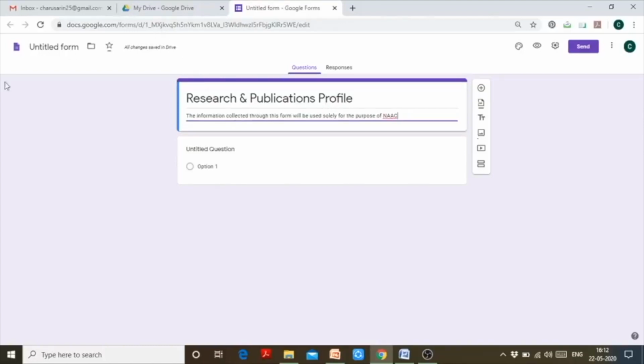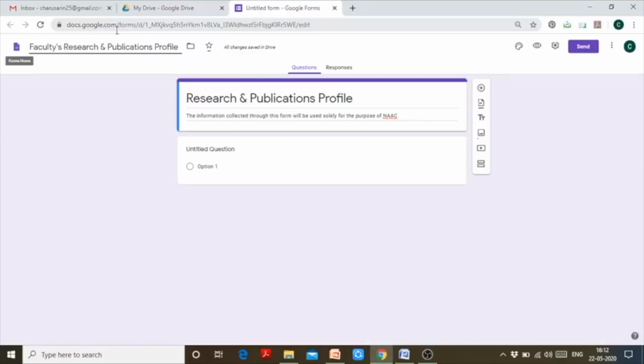Now I can give this file a title. If I click on it, it will automatically take my form title as this file title. I can change the name. Let's say, faculties research and publication profile, because in NAC there are different sorts of information which are required.